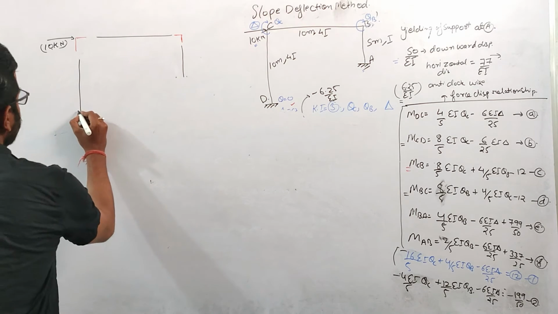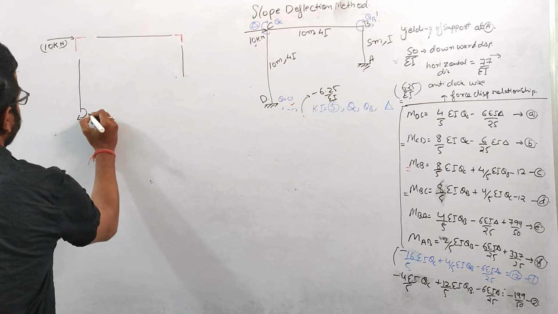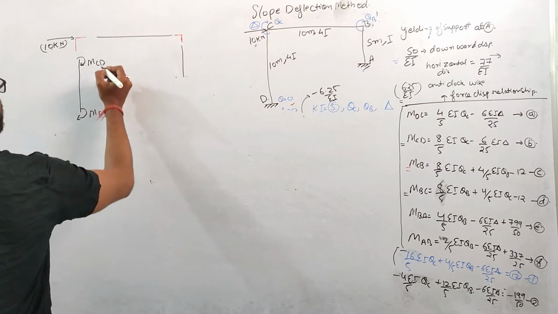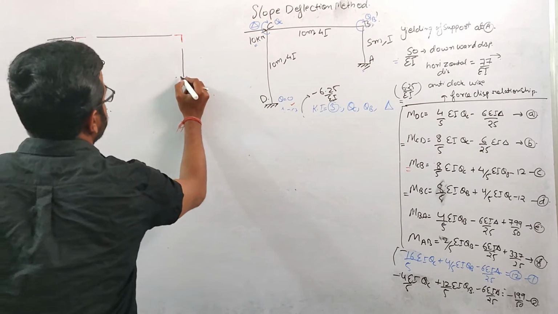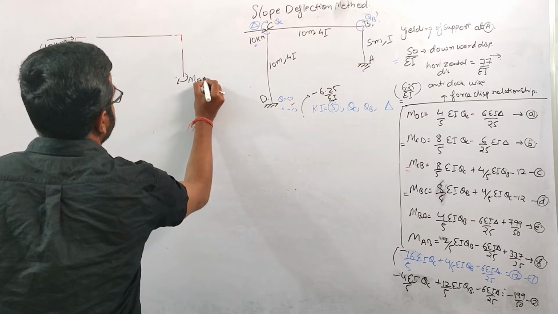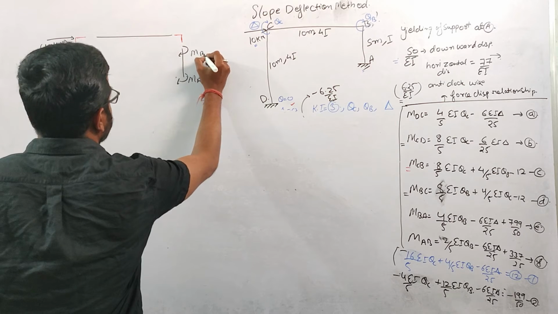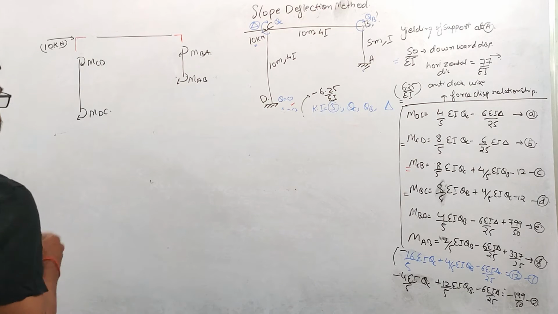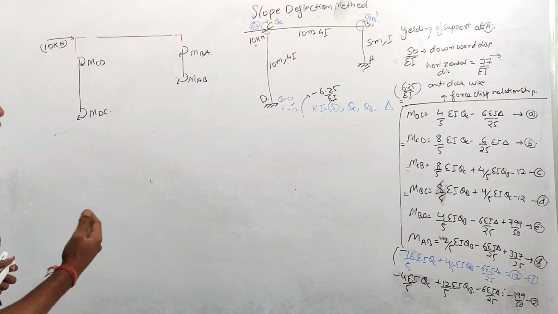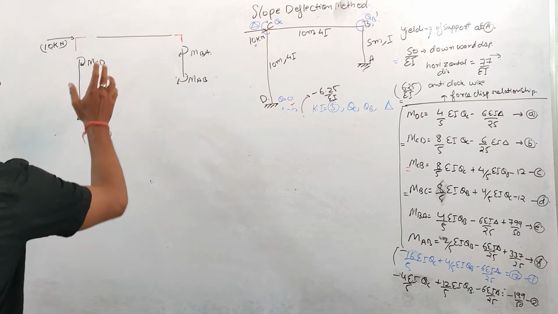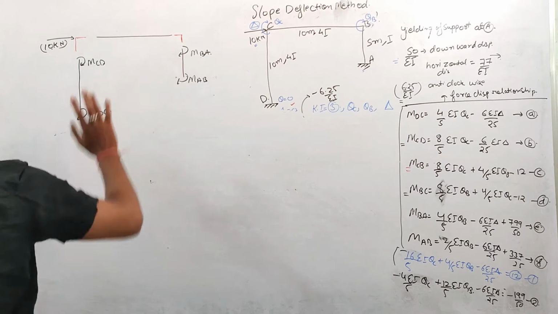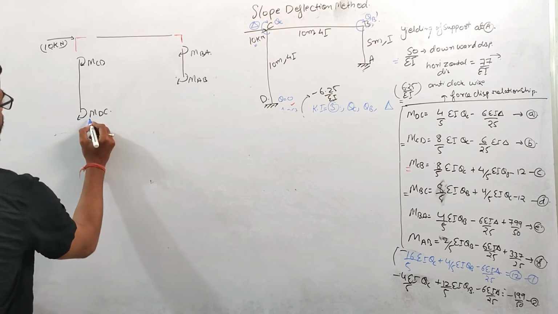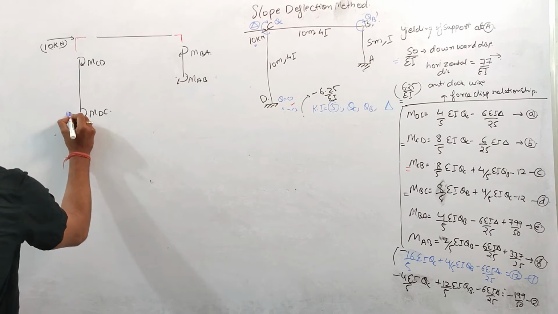So the moment which we have calculated, this is MDC. Here the moment is MCD. Again, at this point the moment is MAB. At this point the moment is MBA. We have not written the moment for this portion because that won't provide any horizontal reaction for this member, right? So these are the end moments coming on this DC portion basically.